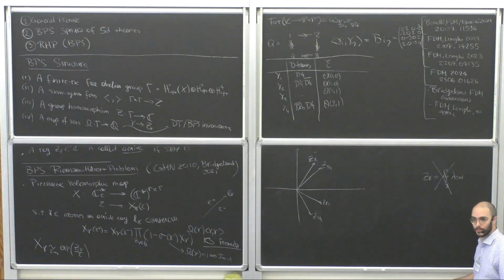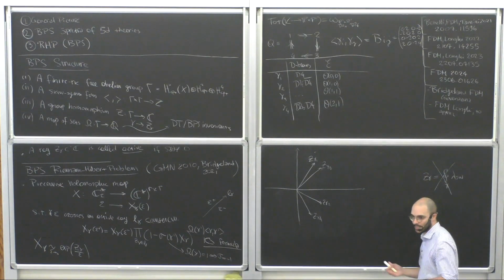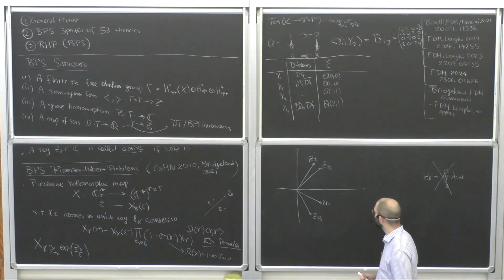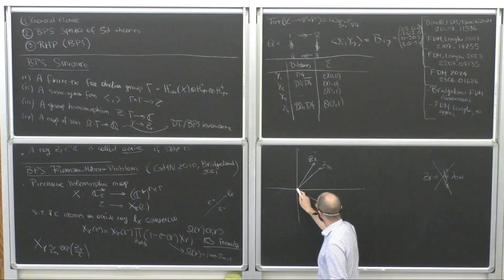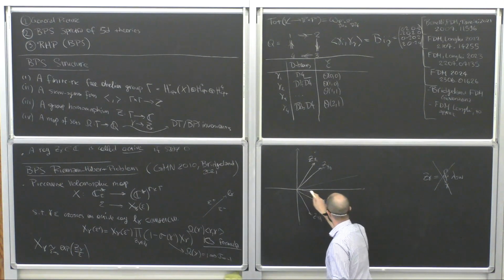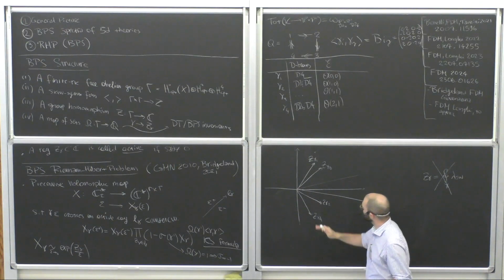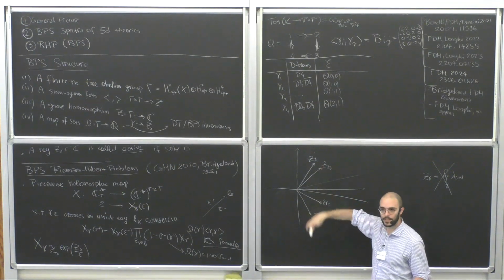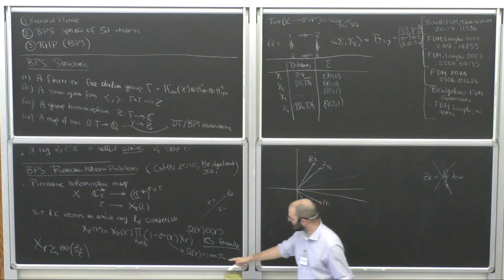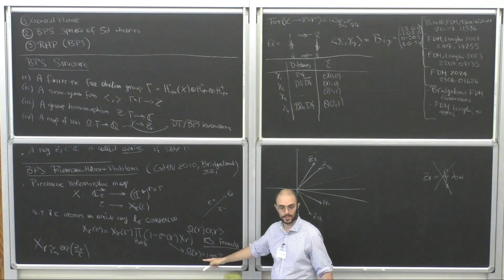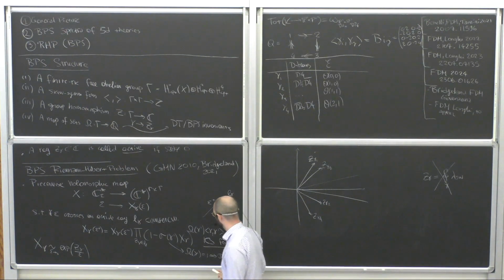So the spectrum will be infinite, or at least it is expected to always be infinite. But here it will be infinite in a very bad way, because you will have a certain number of hypermultiplets. So omega equal to 1 means hypermultiplet, and then you will have,